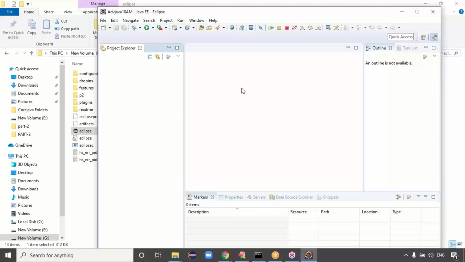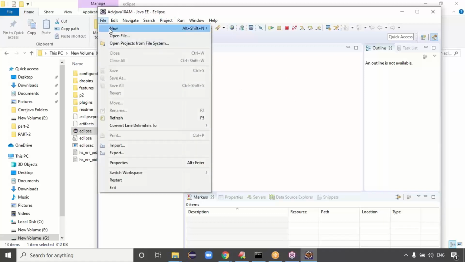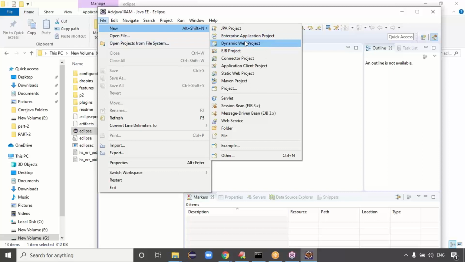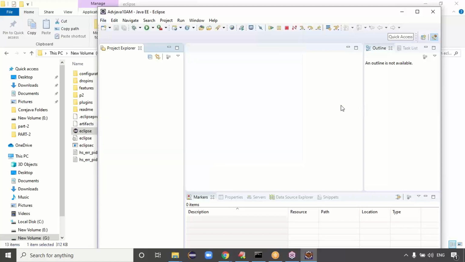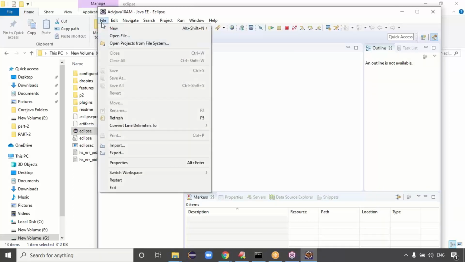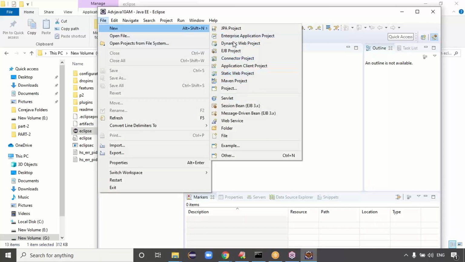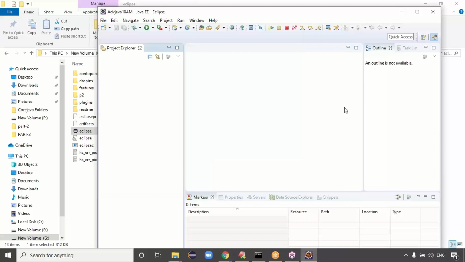Exactly, guys. Java EE Eclipse IDE means go to the File menu, click on New. It supports dynamic web project, Maven project, session beans, web services, EJBs, because all of this belongs to Java EE. But you want JDBC, and JDBC is part of J2SE, right? That's what, guys. I don't want the dynamic web projects and all as of now. As of now, I want a basic project, guys. If you need a basic project, even in Java EE we can create it.